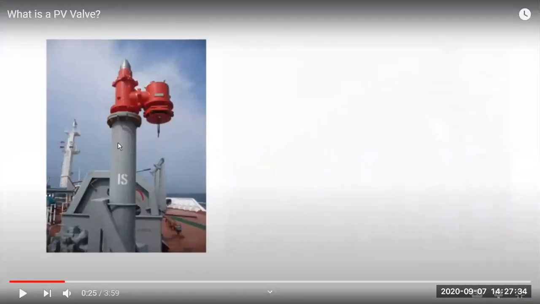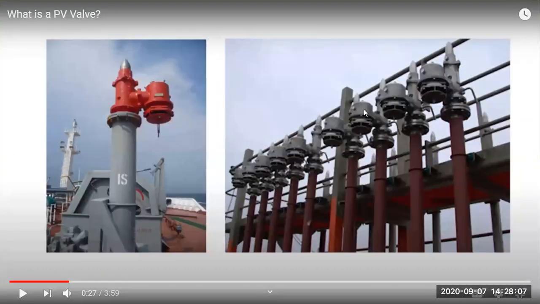So this is how PV valves look like. There is a pressure vacuum valve for each tank. So there will be a tank below, from which this valve will be coming. Like a PV breaker is in the common line, a PV valve is for each tank. And the main purpose of the PV valve is to maintain the pressure and atmosphere of the tank. So excess pressure will be released here, and vacuum air will come from here and maintain the pressure.